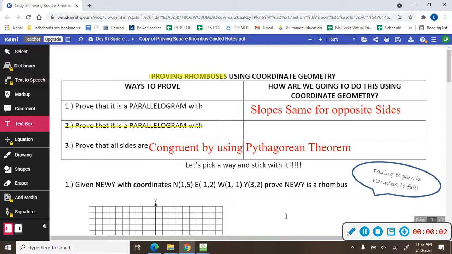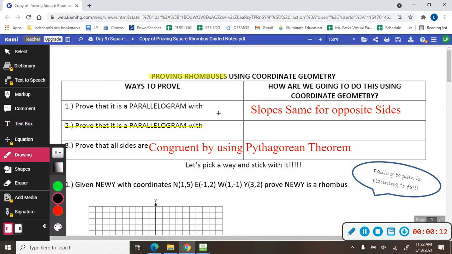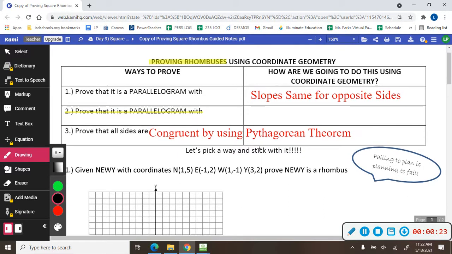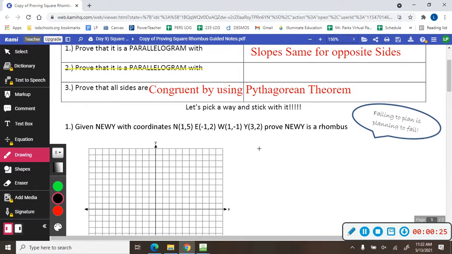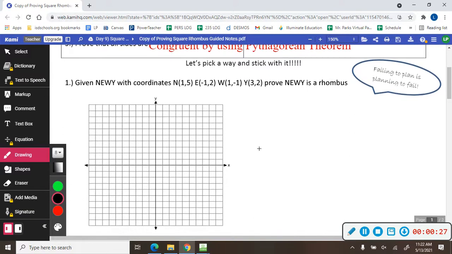So the first thing we're going to talk about is how to prove rhombi using coordinate geometry. The first step is you prove it's a parallelogram by making sure the slopes are the same for the opposite sides. And then you prove that all sides are congruent by using the Pythagorean theorem or distance formula, your choice. And so on example 1, they want us to prove